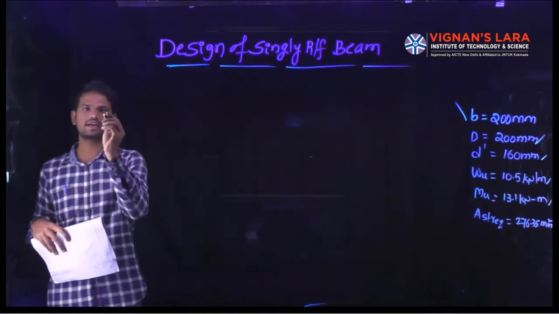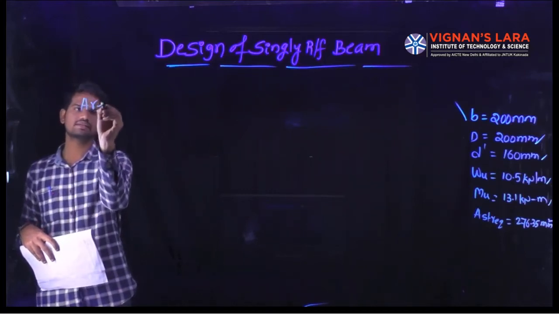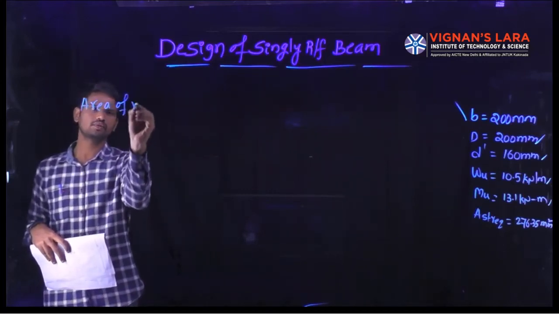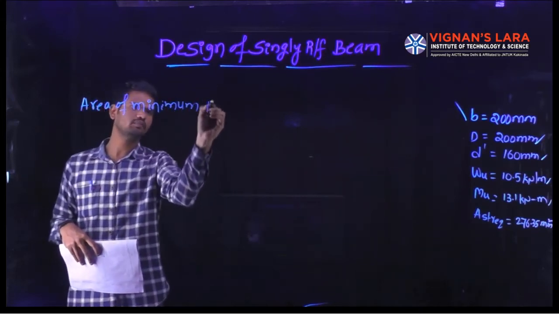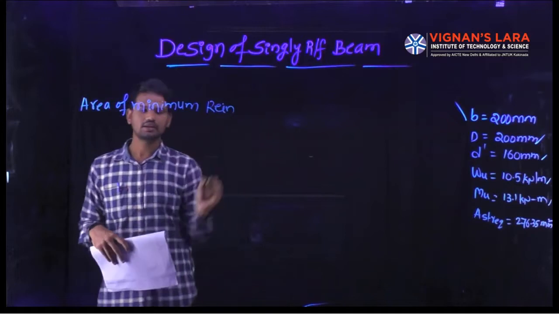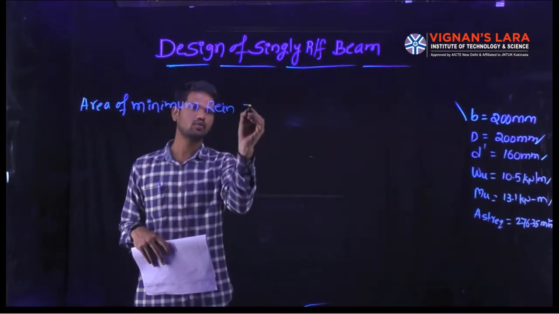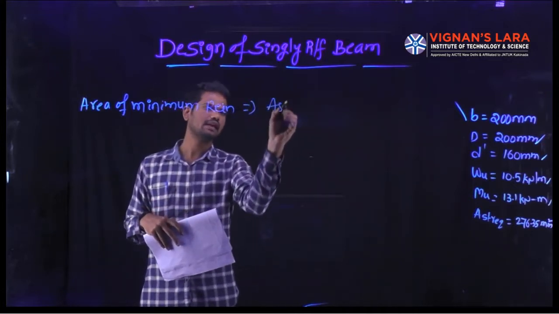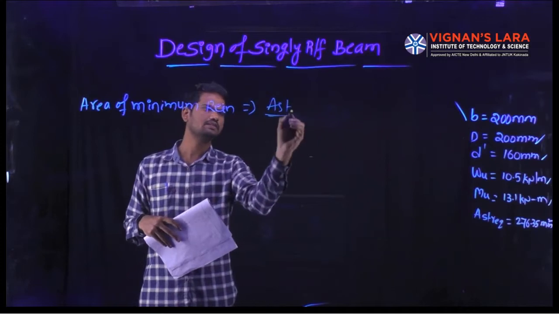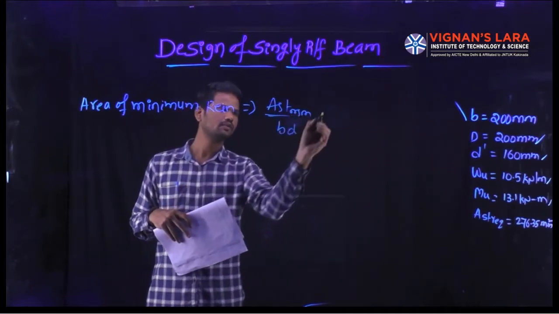The area of minimum reinforcement we consider from the code book as A_st minimum divided by BD equal to